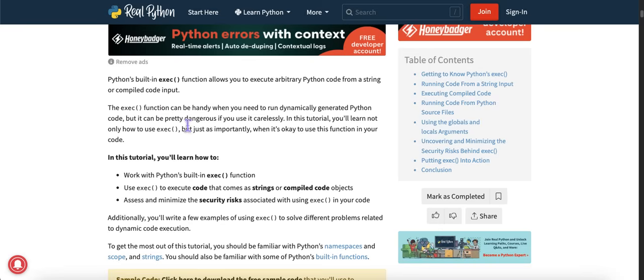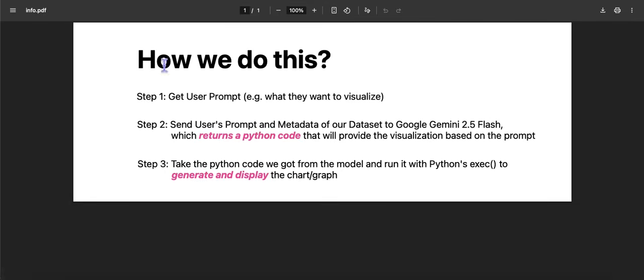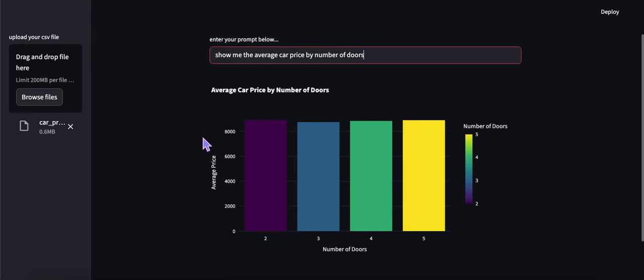And one thing, I'll leave a link to this as well. This site does a really good job of explaining this built-in exec function, which lets you run dynamically generated Python code. In our case, it is dynamically generated from the large language model based on our prompt and the metadata that we are providing to it. Okay, so that's how it's done. It's as simple as that. There are just 3 things. It's actually pretty mind-boggling how you can do this